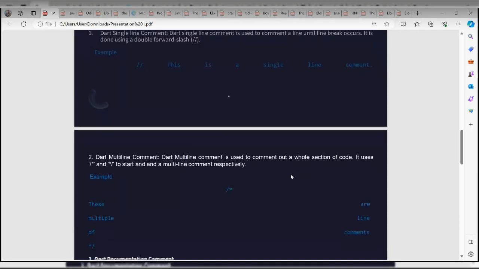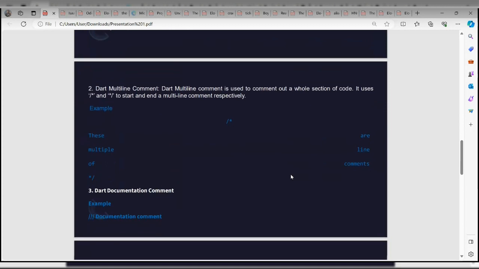Another type of Dart comment is the multi-line comment. The multi-line comment is used to comment out a whole section of code.